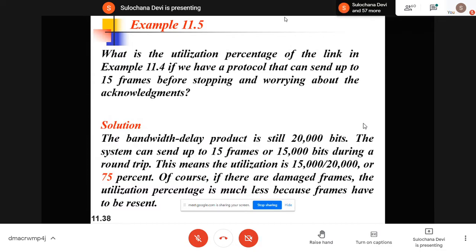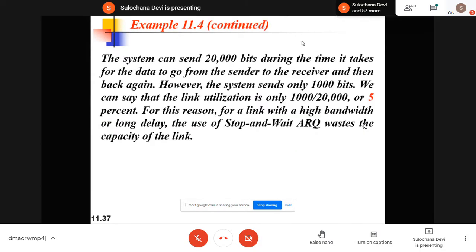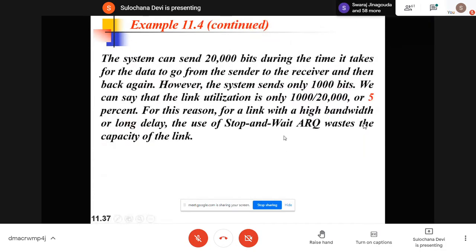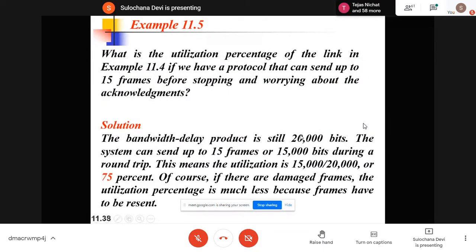So here, in the previous one, this is given all this value. They are saying that if we can send 15 frames without waiting for acknowledgement. In the previous one, we could send only one frame and had to wait for acknowledgement. Now, in the same problem and the same situation, if you can send 15 frames without waiting for acknowledgement, you continuously